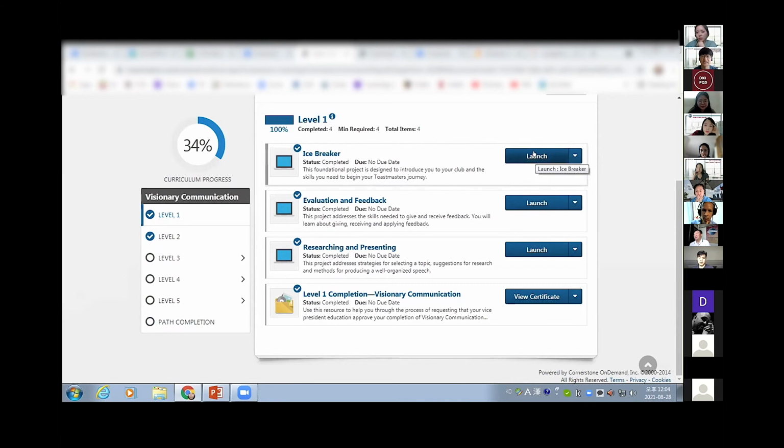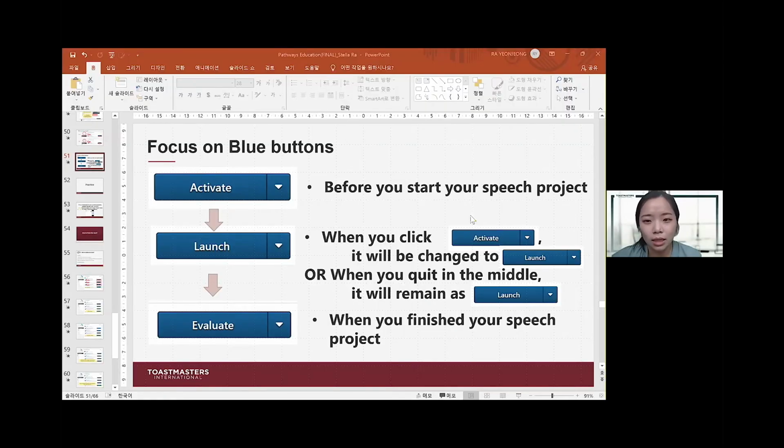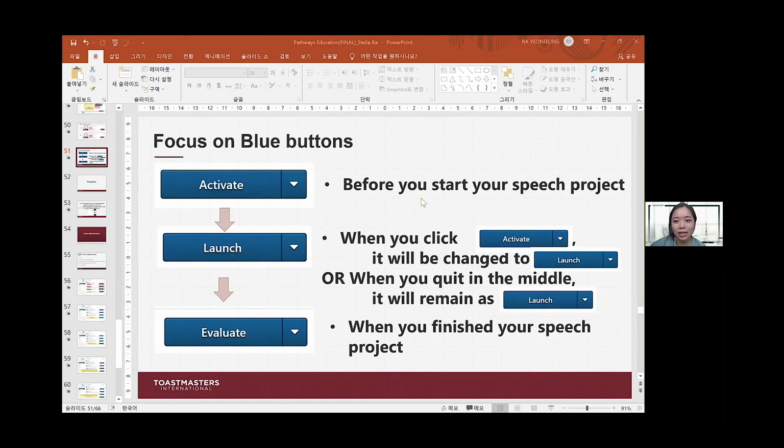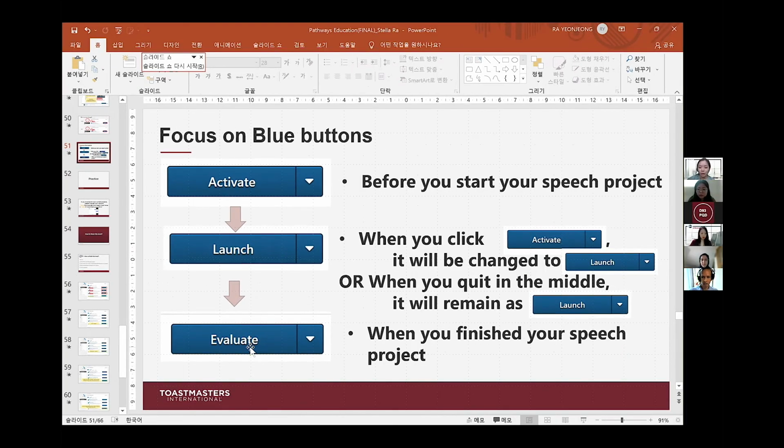That's my understanding. Thank you. What David and Sean mentioned is what I covered: we have to change activate to launch, and it will change to evaluate at the final.